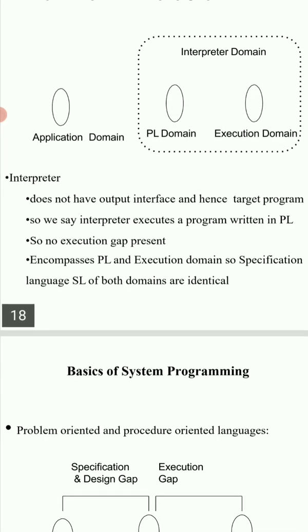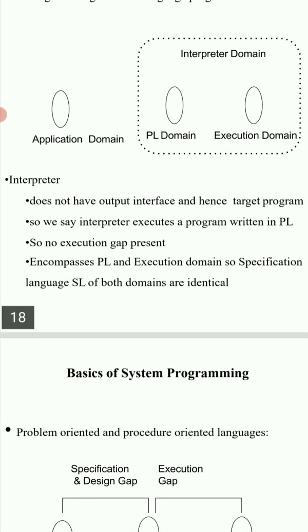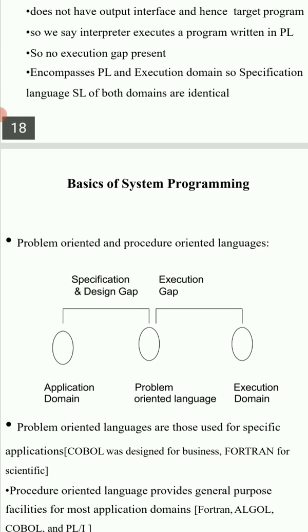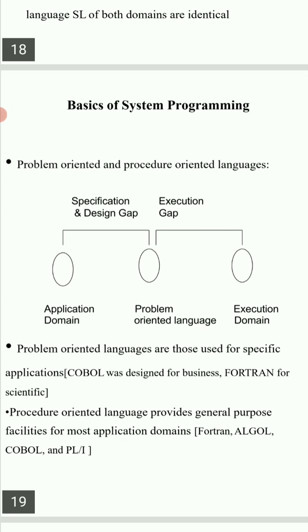But it is very useful in a program because if there is any error at that time you will get the benefit of the interpreter, and it is useful in program development as the program can be modified on a line. So here we can say the problem oriented and procedure oriented language. We will see